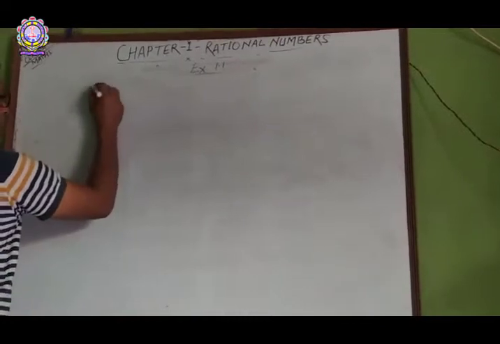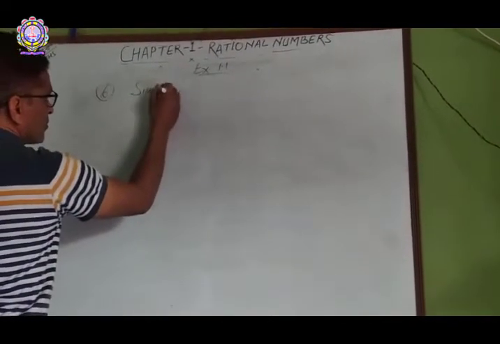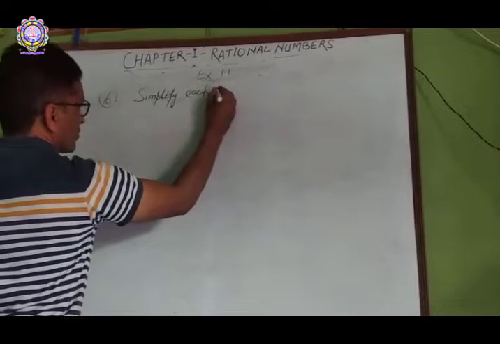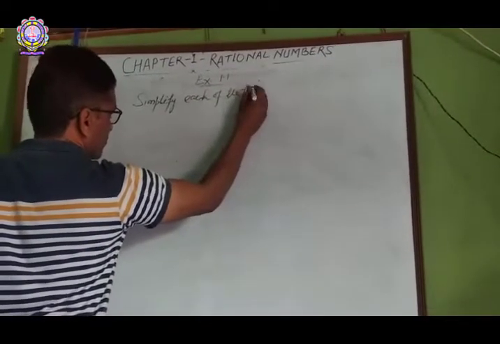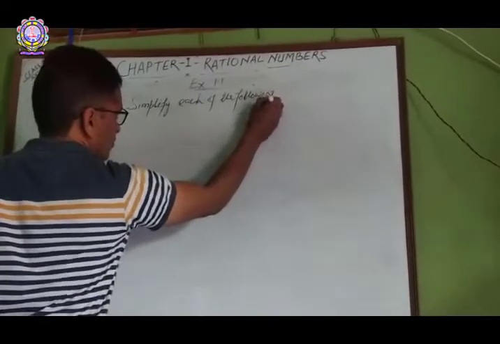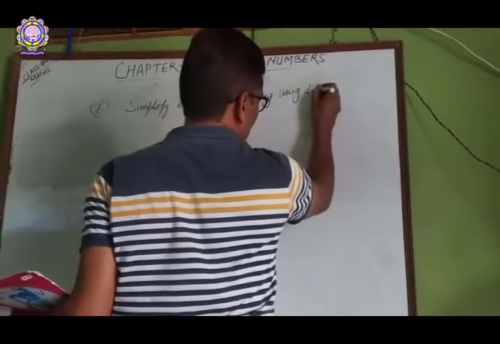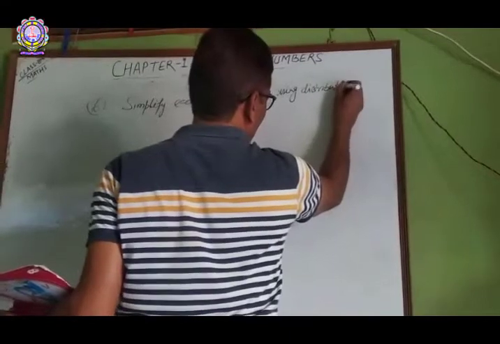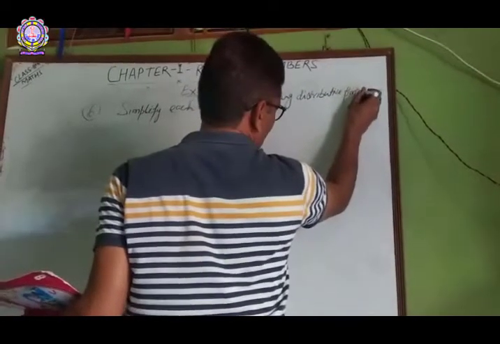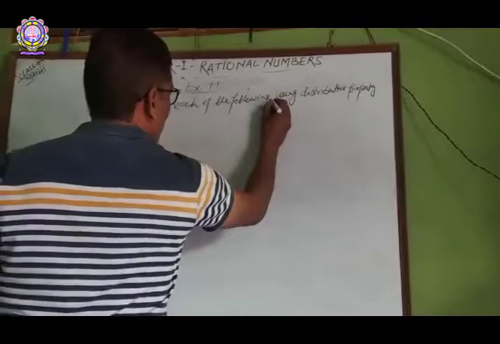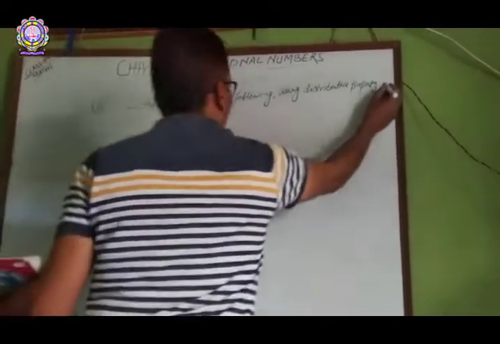Question 6 is: simplify each of the following using distributive property. Part first is